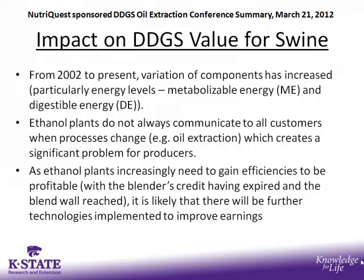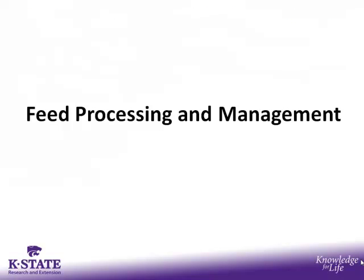Distillers is a good example. If we're not on top right now and going forward of what distillers product is coming into the feed mill that's coming back into the pigs, we don't want to be overvaluing that product. That wasn't a good news story. I didn't mean to get that negative, but we're in a situation where we got to know what it is,